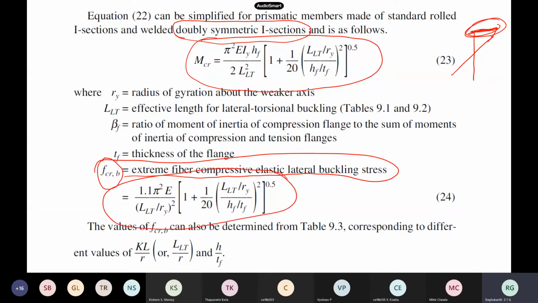You can find out from the simple bending formula also, that M by I is equal to sigma by Y, that Y is there, right? You can find out the stress also. So this is a buckling stress also. So you can find out from these expressions itself. Now what our code does is, the code also gives the formulas. Another thing the code gives is like this.